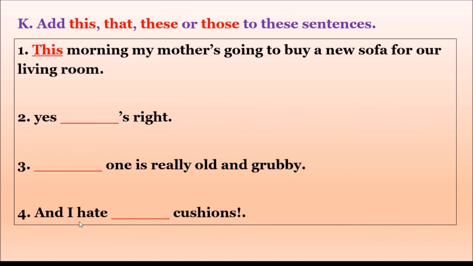Last one. And I hate dash cushions. So we are just sitting on the cushions, and this fellow is saying that he hates dash cushions. Cushions is a plural thing, so we can use these. You have one benefit in using demonstrative determiners, children. I hate these cushions is the answer. If it is necessary, you can use I hate those cushions, because it is not specified with a picture or pointed, so you can use these or those. So I used this here.